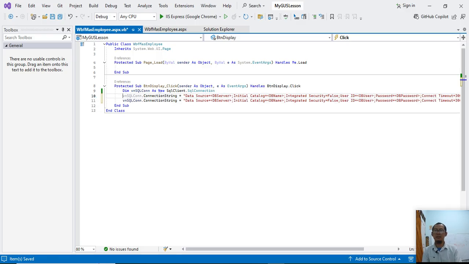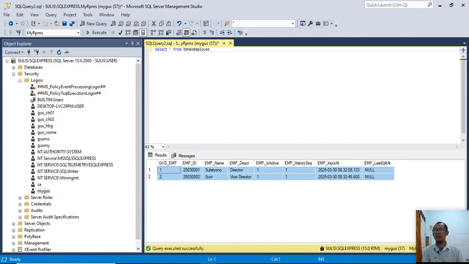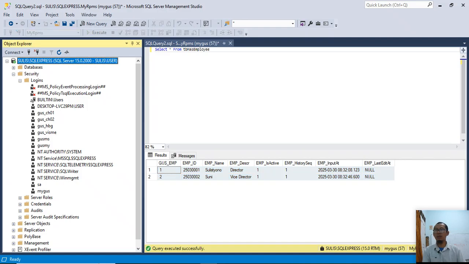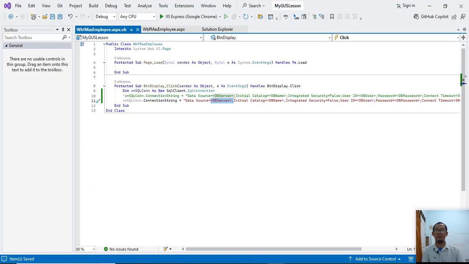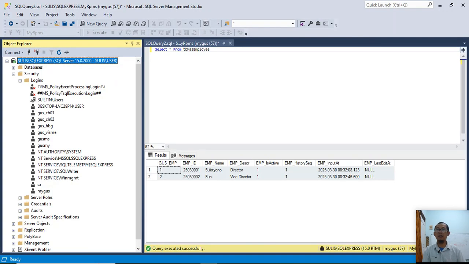And here is the syntax to set up the connection string. Data source. The data source is, let's see my database, Sulis / SQL Express. Initial catalog.